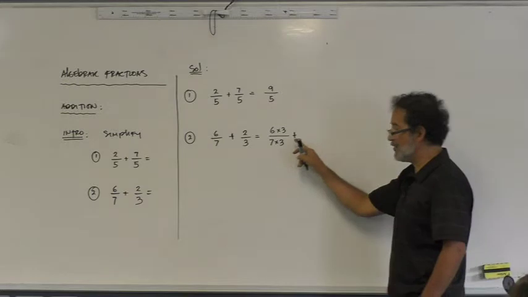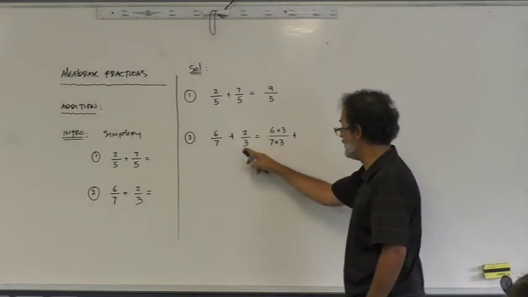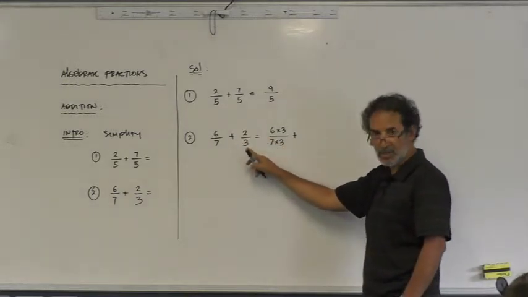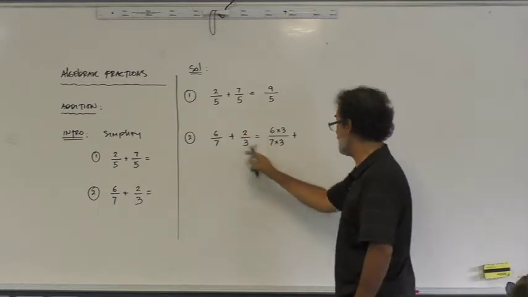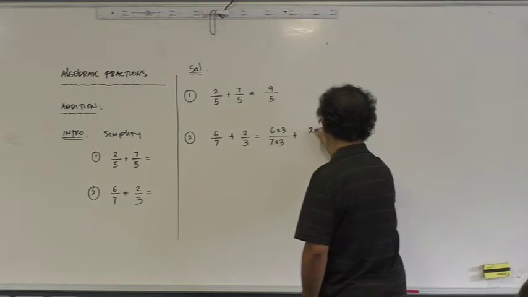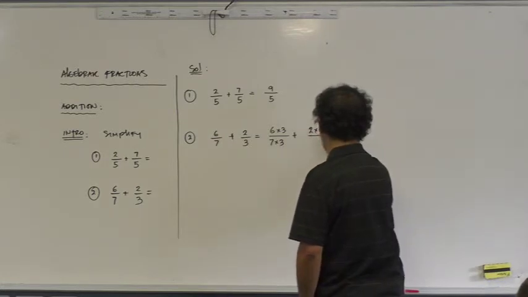Now we're going to amplify this fraction. Pay attention carefully. Now we're going to amplify this fraction by 7. Okay, so we're going to have 2 times 7, and then